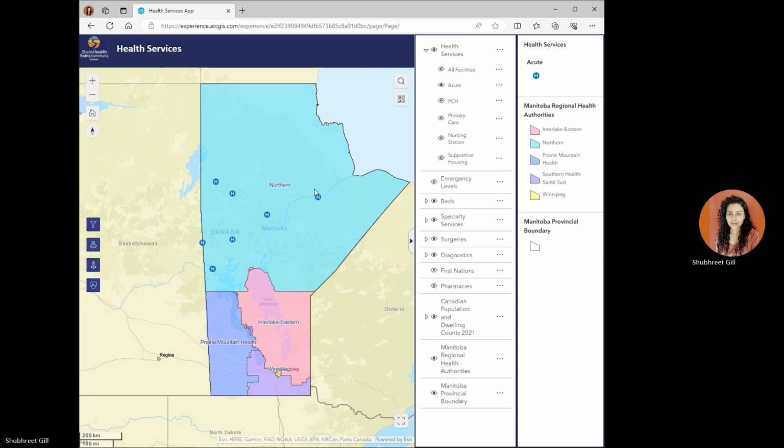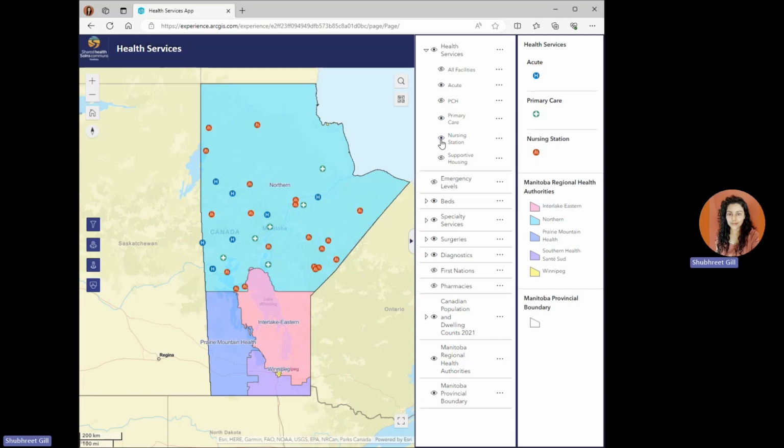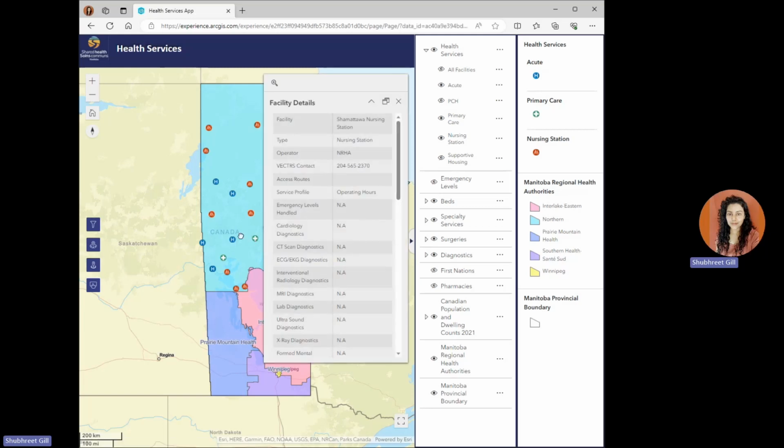You may toggle on multiple layers at a time. For example, the primary care, the nursing stations. You see the relevant icons have popped up on the screen. In order to refer to the relevant data, you may click on any of the data points to view the pop-up information. For example,